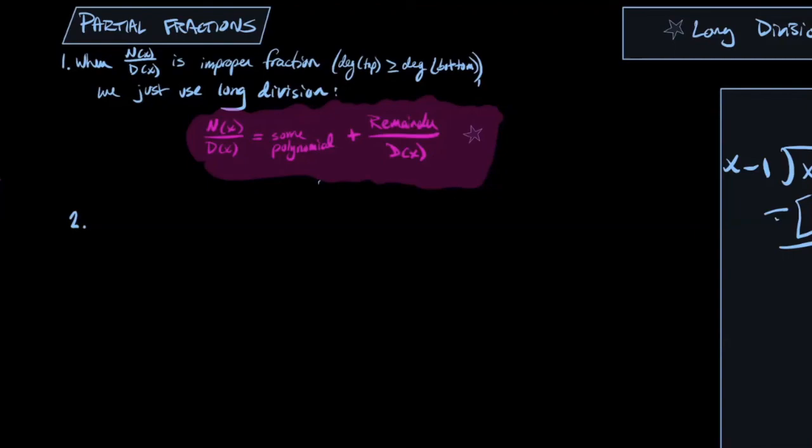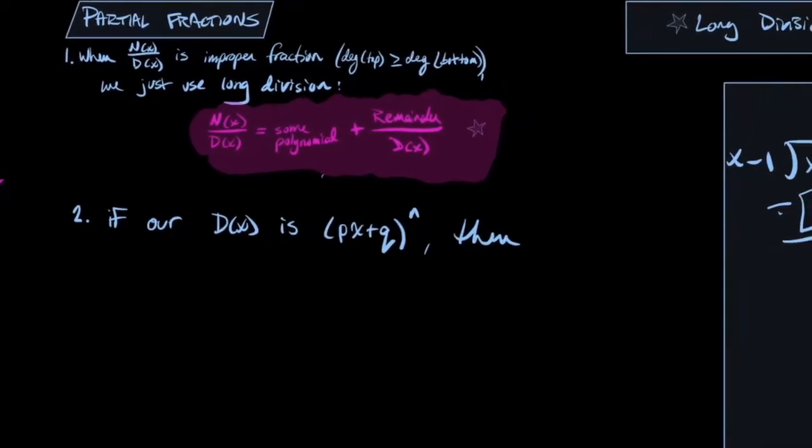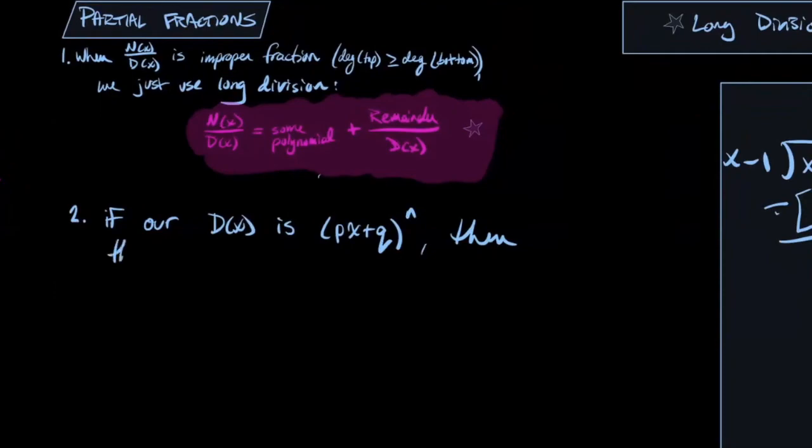And if our denominator is some power of a linear factor, meaning our denominator is p times x plus q raised to some power n, then we can write this as a sub 1 over px plus q